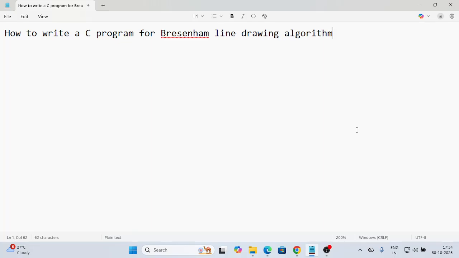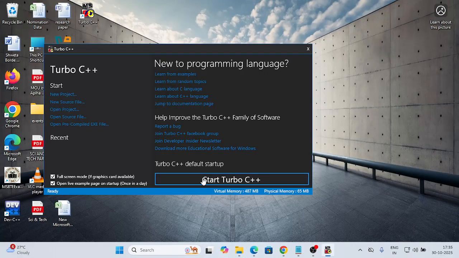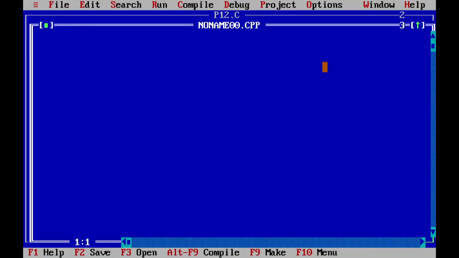Welcome. In this video, we will see how to write a C program for Bresenham line drawing algorithm. So for that, we will open Turbo C, start Turbo C, create a new file,